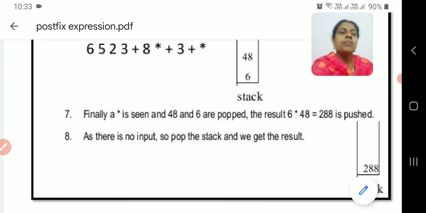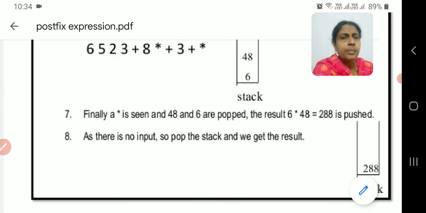Another method is they will give an expression and tell you to evaluate. In that case also you need to draw a stack and show step by step how it comes. Very easily, not big things, no very big theory to study. Very easily you can study and write, get full marks, because this is more problem based. Full marks will be given if your final answer is correct. Got an idea? So take a note of it.